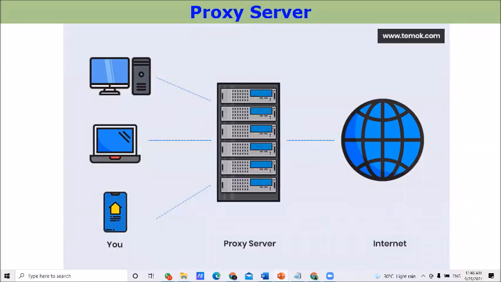Right. First draw this diagram. Then we'll learn further about the proxy server. Right.